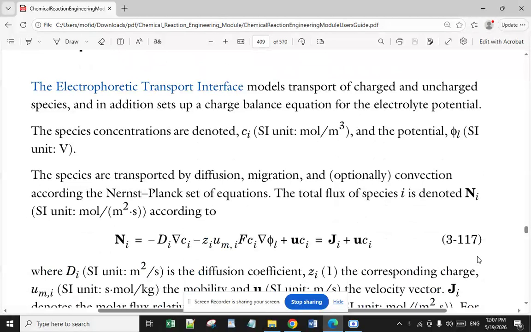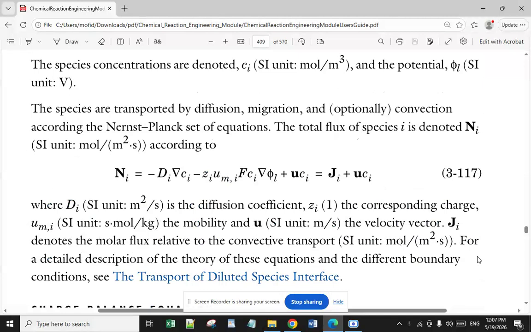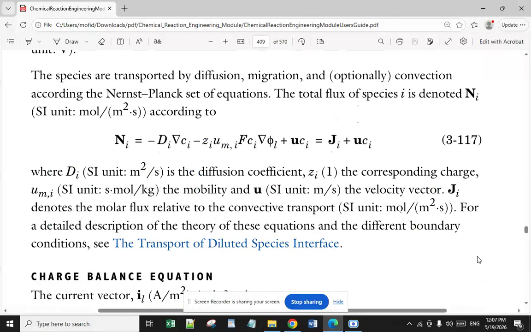The total flux of a species i is denoted N_i, based on the SI unit mol per square meter second, according to equation 3-117, where D_i, based on the SI unit square meter per second, is the diffusion coefficient, z_i is the corresponding charge, dimensionless, and u_m,i, based on the SI unit s mol per kilogram, is the mobility, and u, based on the SI unit meter per second,